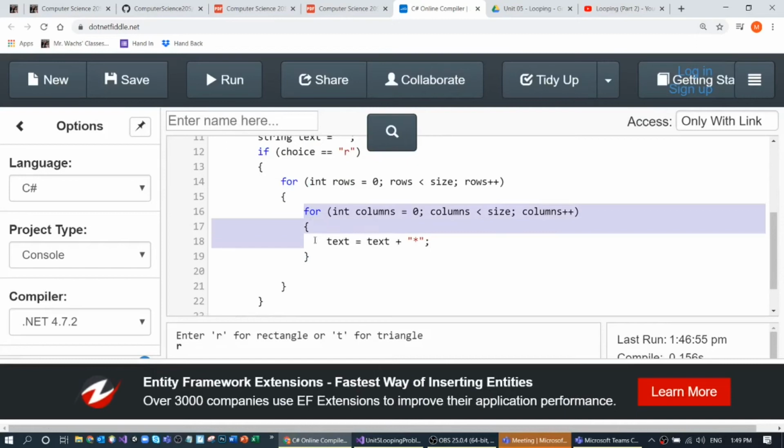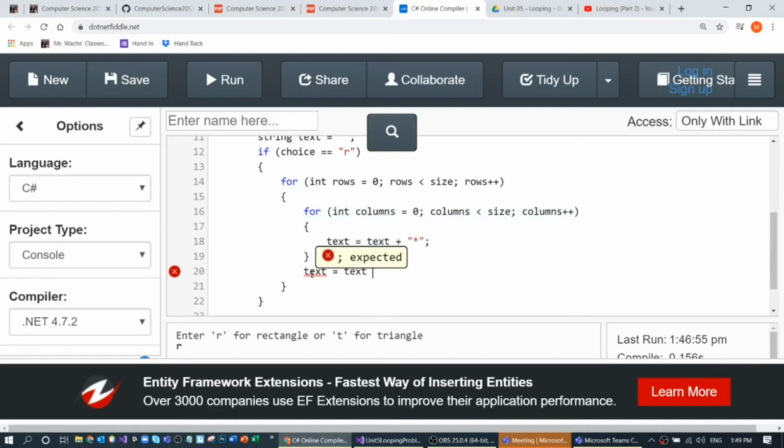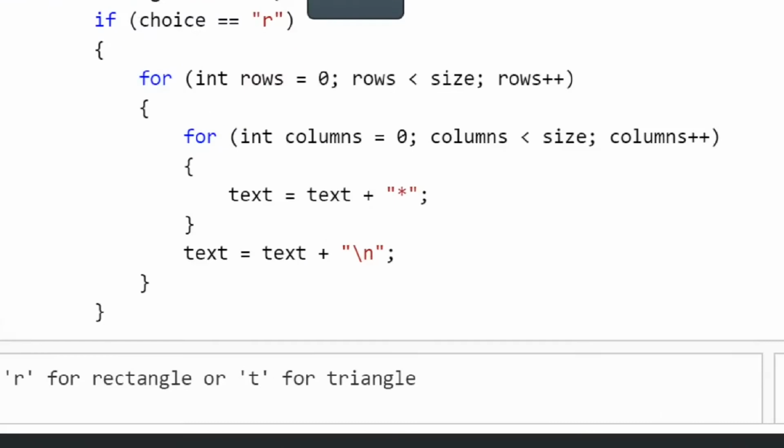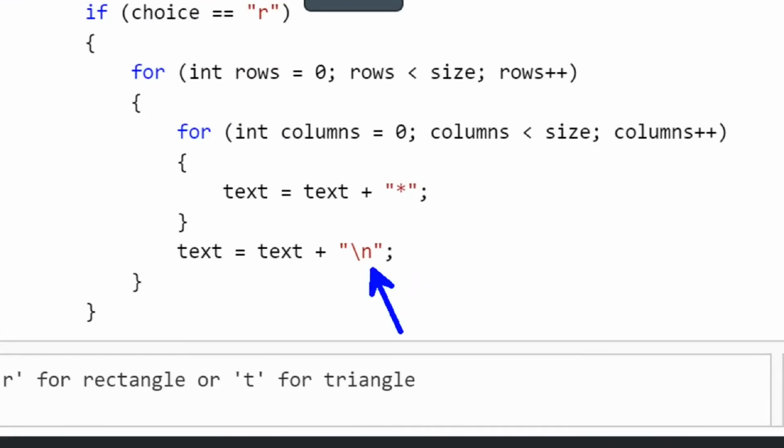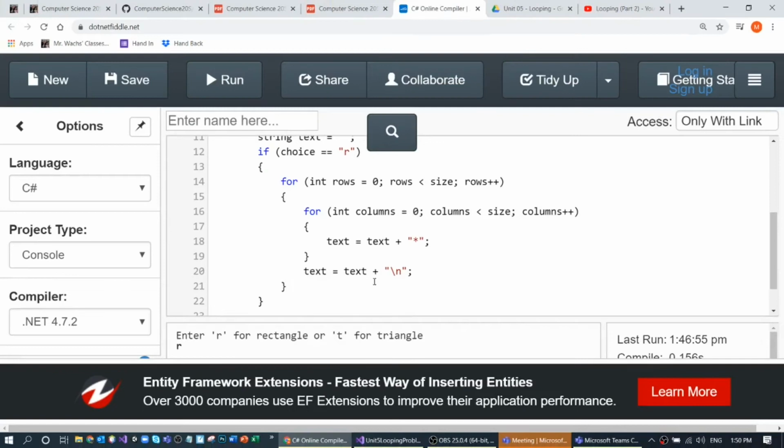When one for loop is done, but I'm still inside the other for loop, I'm going to say text equals text plus, I'm going to put a strange character here. This character right here is what creates what's called a line break, or a break line right there. Okay? And then the reason I do all that is when both for loops are done, I can do a